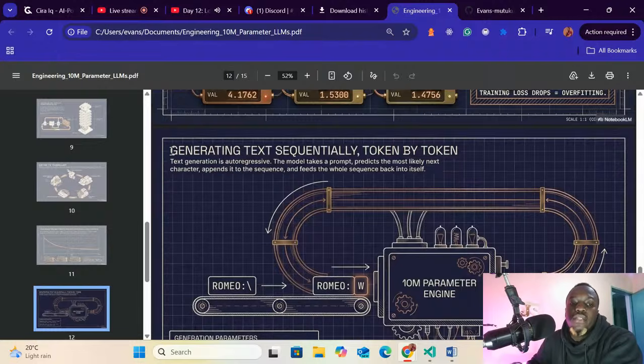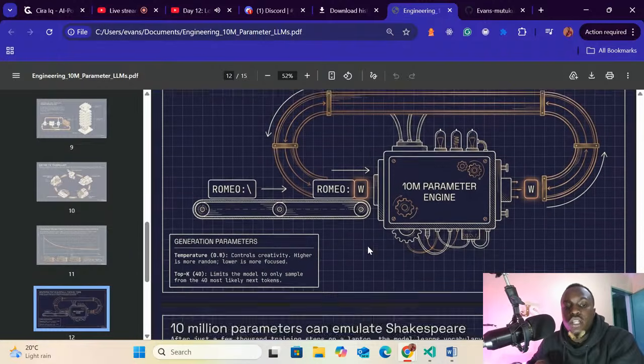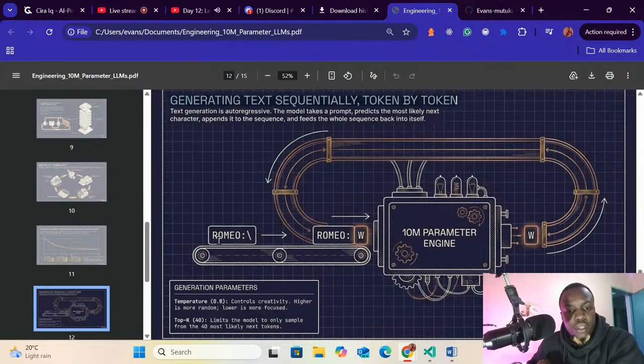The next thing that we are going to do is creating the code for training, which is going to involve the action of training. So we train it, we train it, we train it. Whenever you ask it something, for example a word like Romeo, it should give Romeo-style output, depending on the data that we trained our model with. That is what the action is going to be doing.